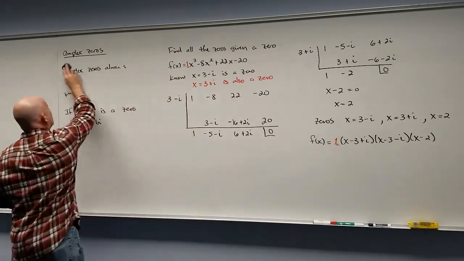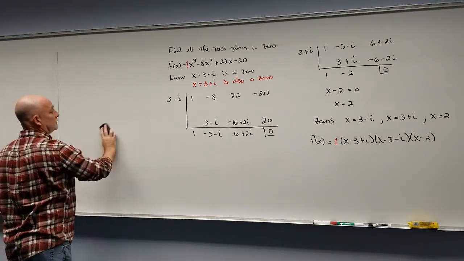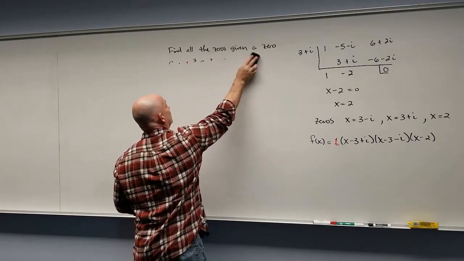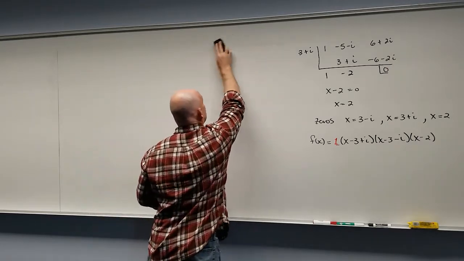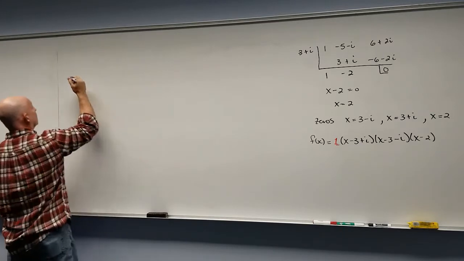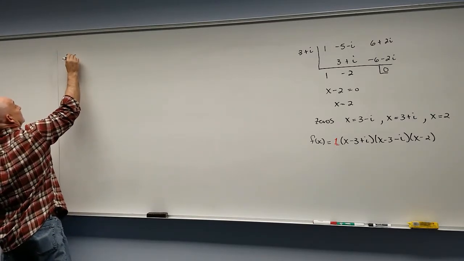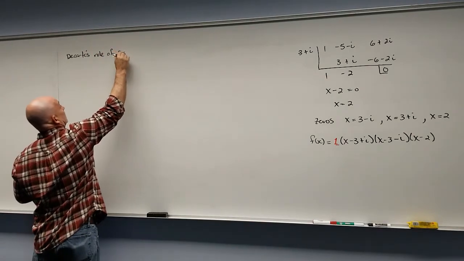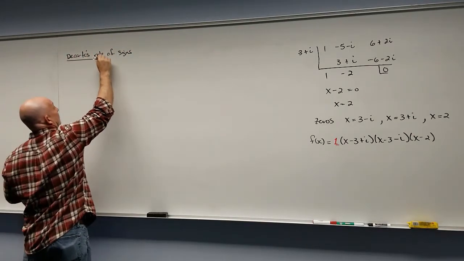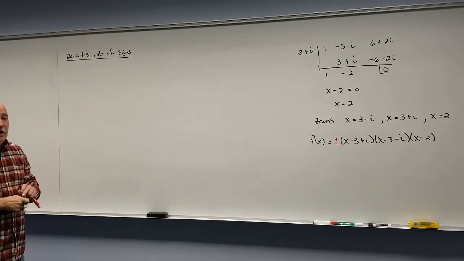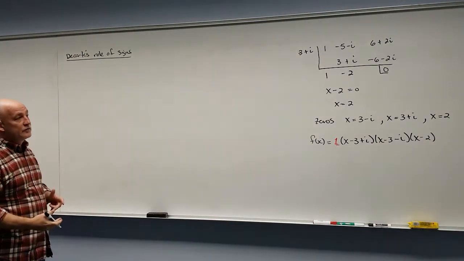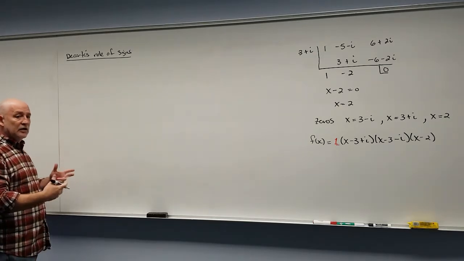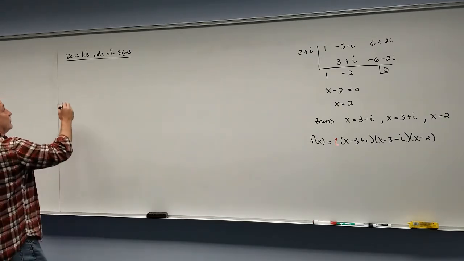Let's take a look at one more quick topic in this area. Something that's not quite as useful as it used to be thanks to technology, but it's called Descartes' rule of signs. Now what Descartes' rule of signs can tell you, it can tell you the possible positive and negative real zeros of the function, but it's not extremely precise. It can tell you what possibilities it can be. So what it says is